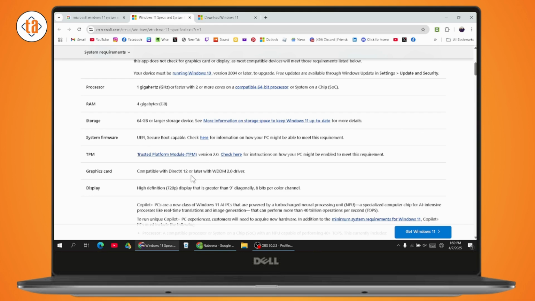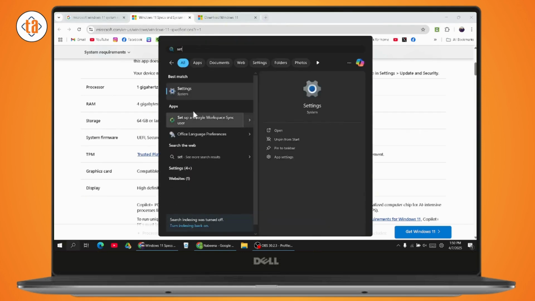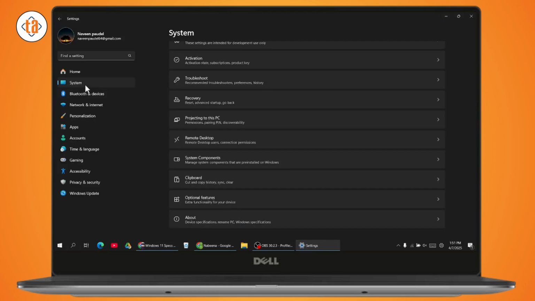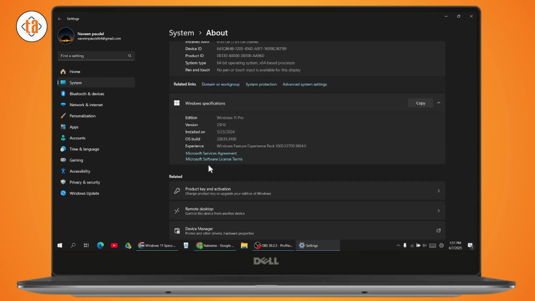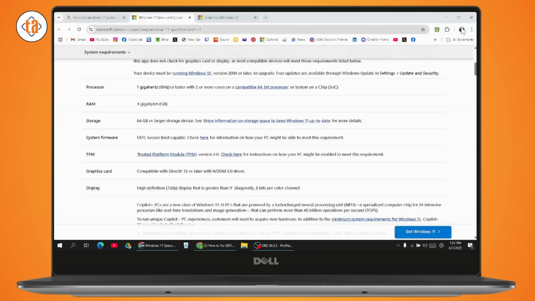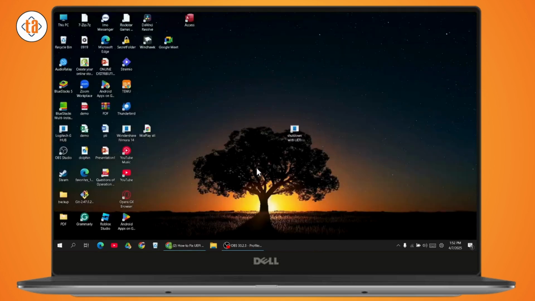And if you want to check, then you can open up your settings. Under settings, go with system, which is on the left side, and then scroll all the way down and go with the about section. And under about, here you will have advanced, or here you will have the RAM, the edition, the version. Or if you don't find the information right here, then you can also just simply go back,